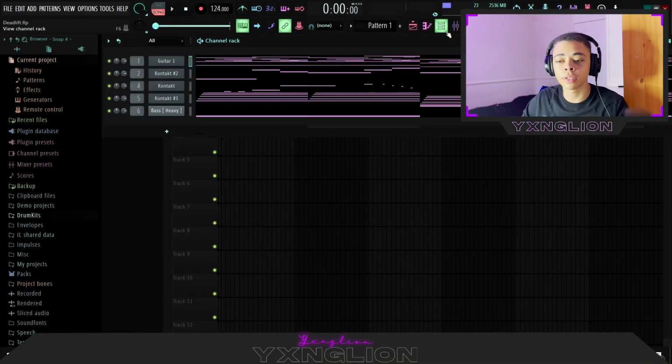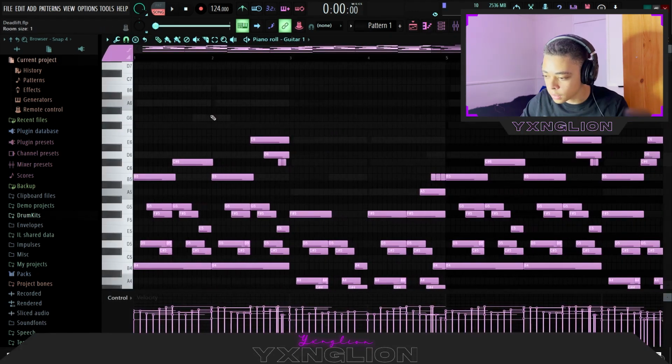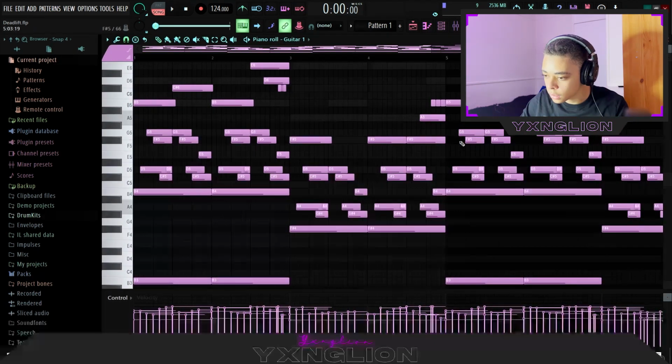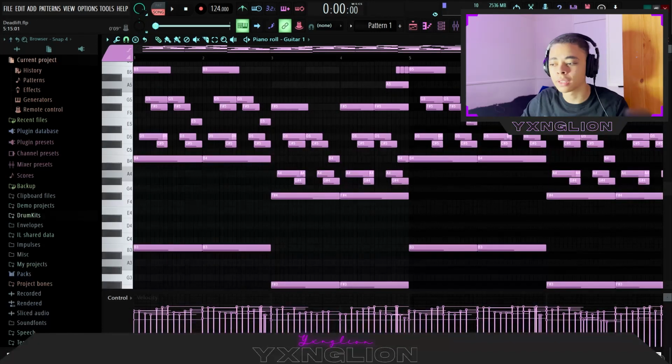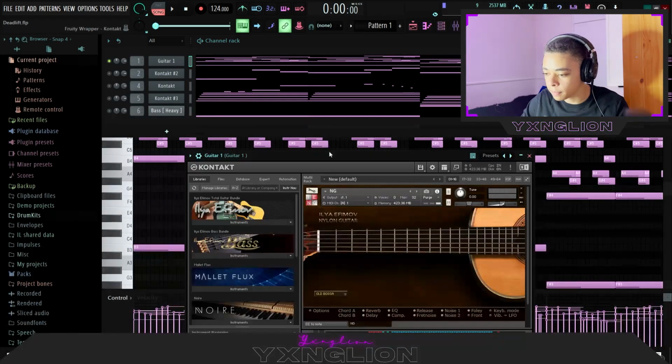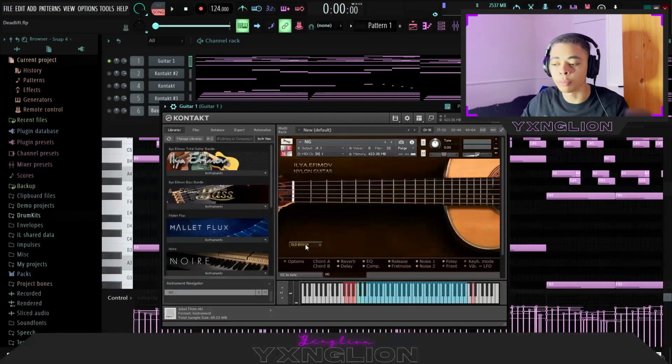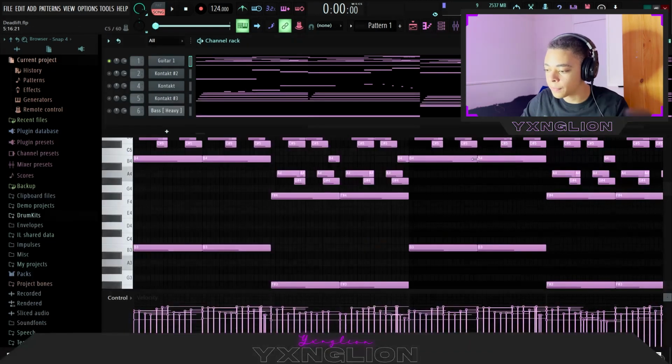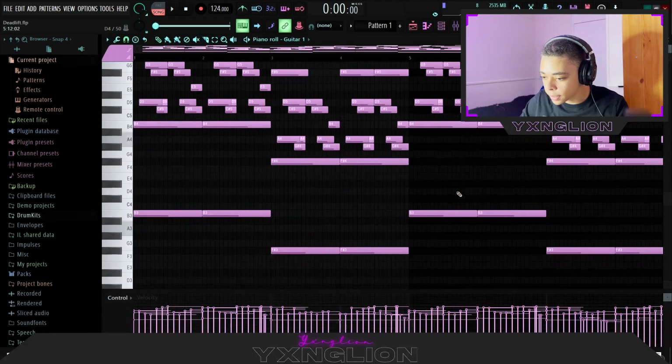Right, so that's the full loop, so now I'm just going to break it down and show you how I made it. First things first, the guitar. So I used the Yxnglion FM nylon guitar, wicked guitar, sorry, using the old Bosa preset. So I just used that, and it looks complicated, but